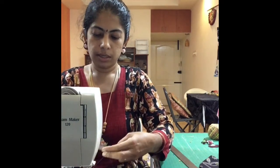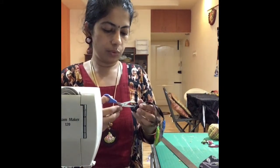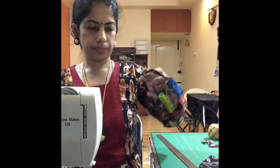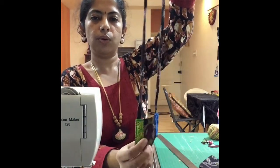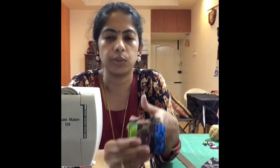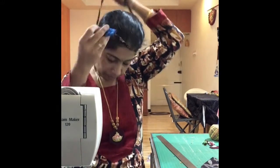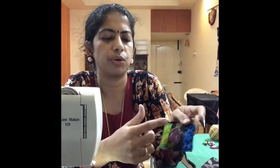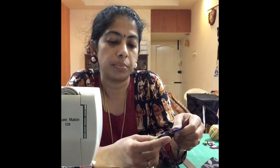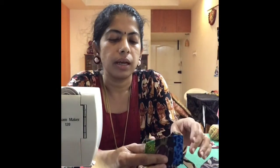Now this is done. You can probably add tassels underneath, and I'll remove the knot that I've done to this. Maybe you can do mirror work on this, or you can add tassels to it. It will be a beautiful piece to wear around your neck. You could attach them in any shape that you want. You could probably make diamonds or beautiful patchworks that people do for quilting. You can also do quilted designs on these, and they make a beautiful